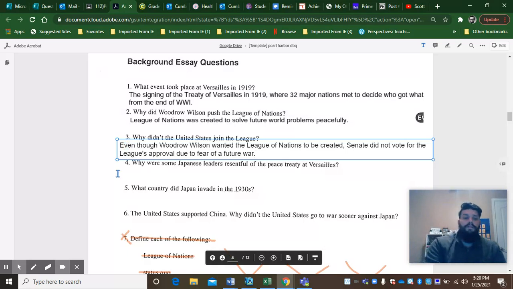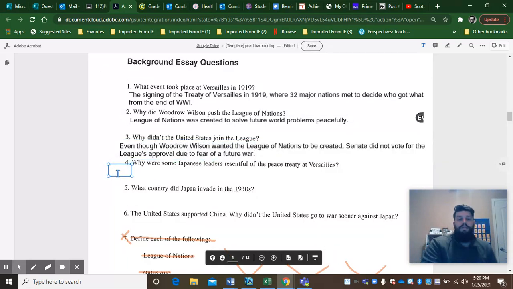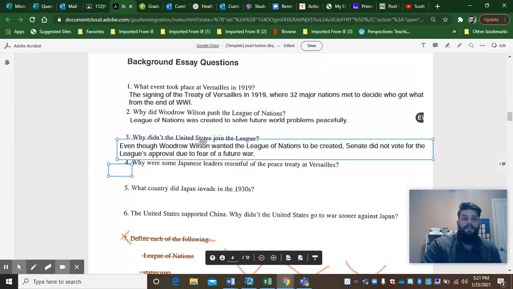Obviously, that ends up being pretty bad in the sense that there's going to be another future war anyway in World War II. This is after World War I.